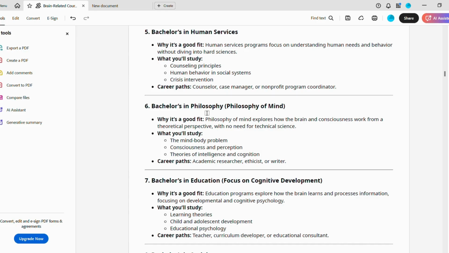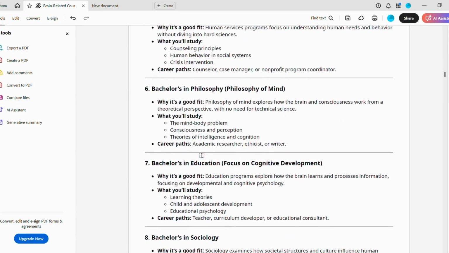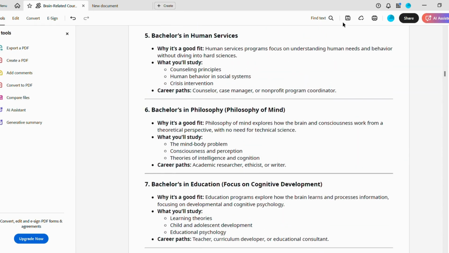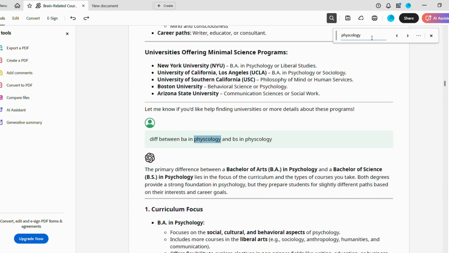So let's say this is the page I'm trying to read, and it's really hard for me to go through each and every paragraph. Let's say I just want to focus more on psychology. In order to find that specific word, you can simply go to the top corner and see this magnifying glass that says find text. Simply tap in there and type in psychology. So let's say I want to find psychology, so hit enter,